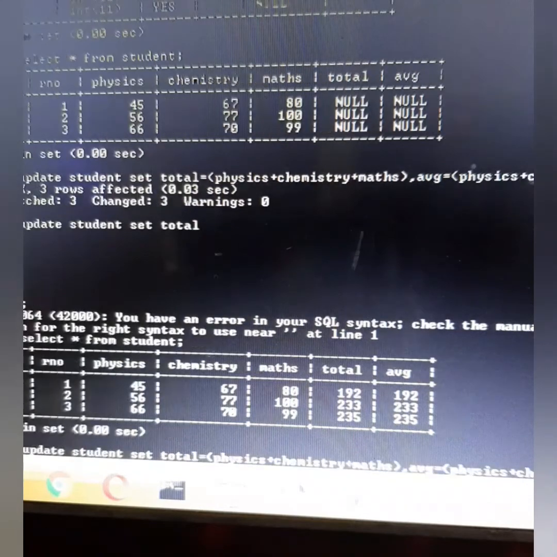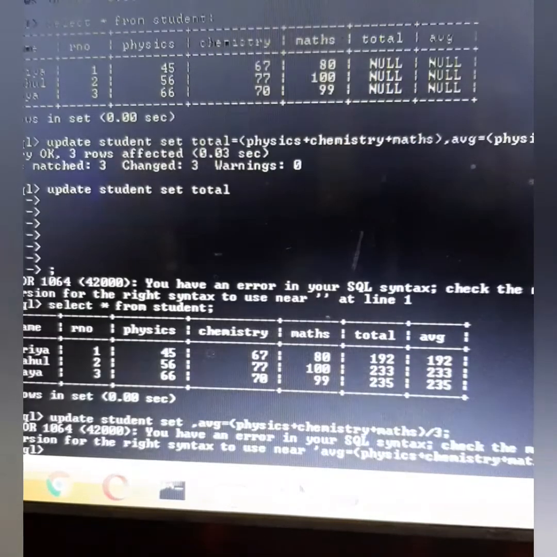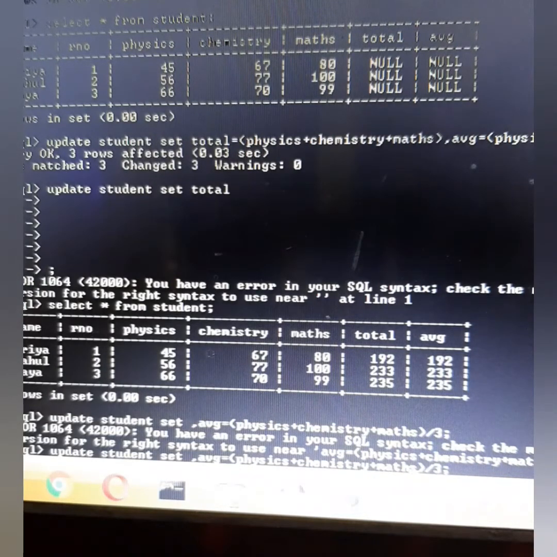So we will be using the update command, and since total is correct, we'll only calculate the average. It should have been divided by 3. Oh, there was a comma in this command itself.